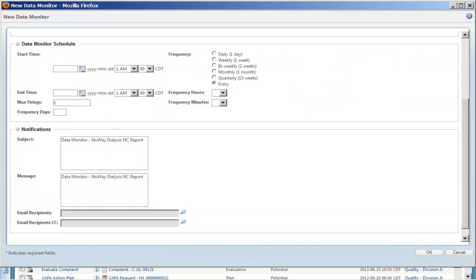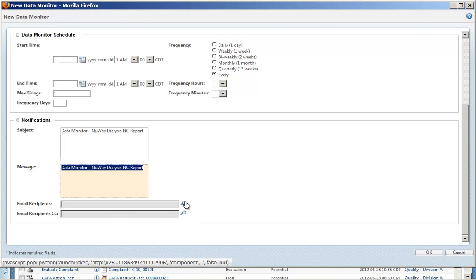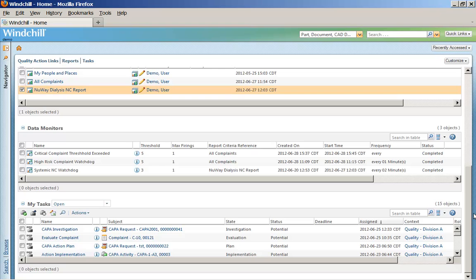And then you give it a start and end time. You can have whatever subject you want in here and message. And you can send this to also external recipients via email. And once those execute, it's also a best practice for companies to instantly react to these high priority events. So here we can see like complaint threshold exceeded on these critical complaints or high risk,